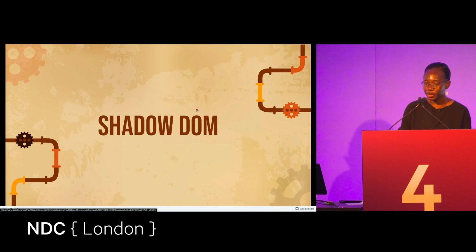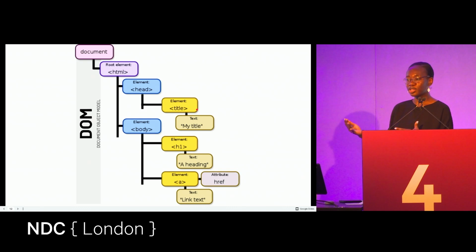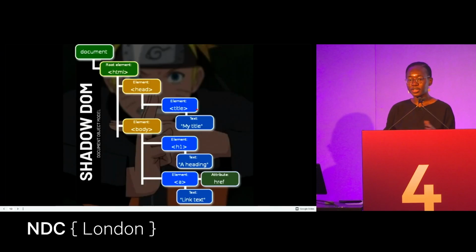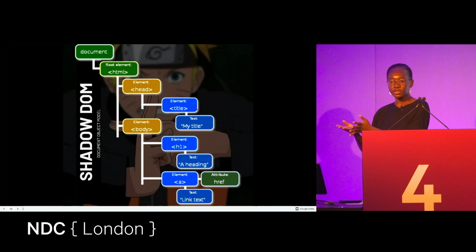So with the shadow DOM, you're basically taking the regular DOM and making a shadow clone of it. If anyone here watches Naruto, it's pretty much what you have when you have Shadow Jutsu. It's creating an extended version of the DOM. So anything that happens to the shadow DOM doesn't affect, I'm going to use the Naruto analogy,